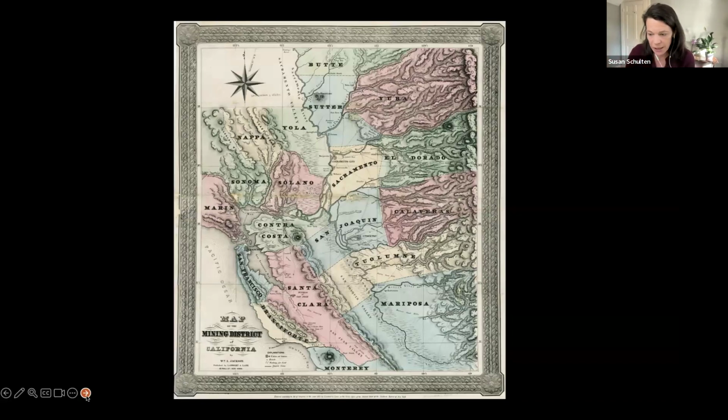In other words, they're pretty hardcore practical sketches of the area right around Sutter's Mill. They're not very exciting to look at. This one I like for a couple of reasons. One is that it again was offered up to me by Barry Ruderman, who deals in a lot of these Gold Rush era maps. Part of what I like is the contrast between the total chaos on the ground in California, hundreds of thousands of people coming to this area in '49, '50, '51, and the placidity and organized calmness